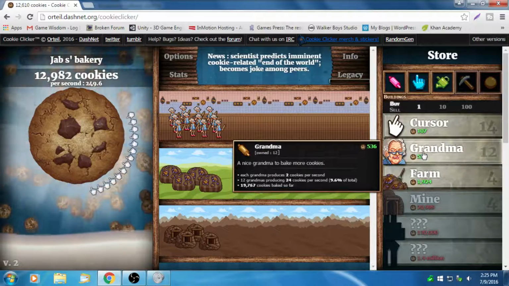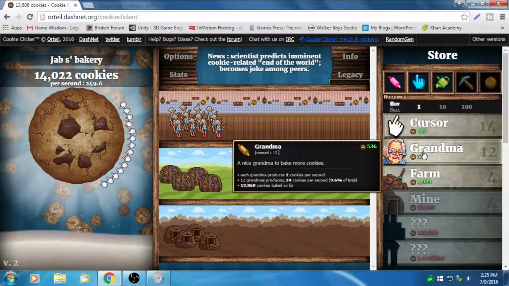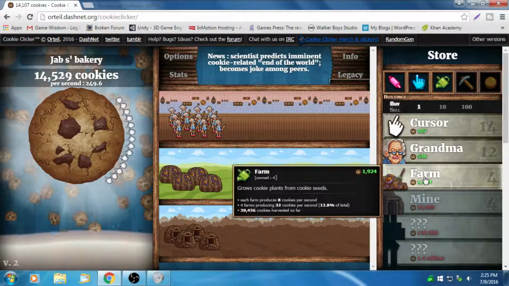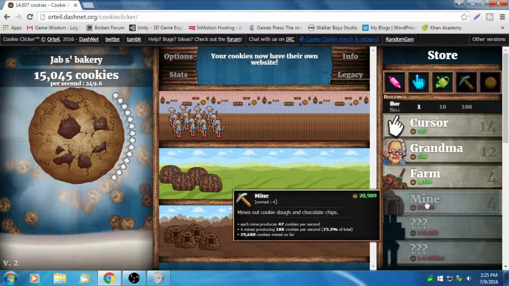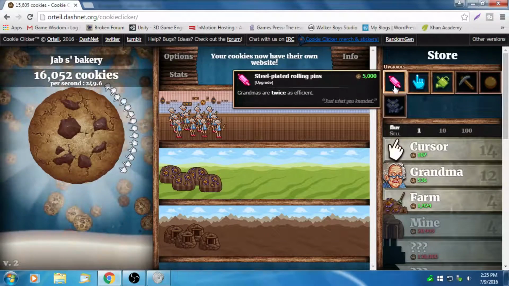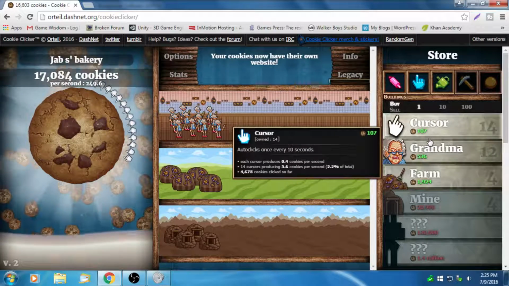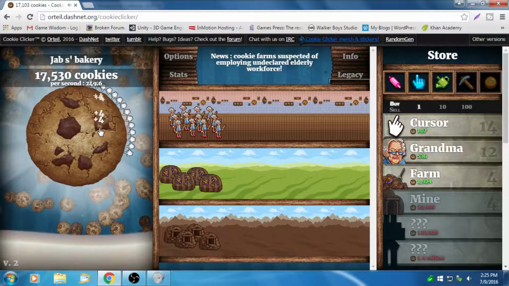So as we upgrade their efficiency, you can see they're producing 24 cookies per second. This is producing 32. This is producing 188. And we can double and double and double and so on. And yes, if I wanted to, I could just sit here and click like a madman.